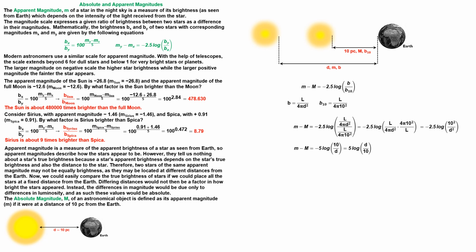the difference between the apparent magnitude and the absolute magnitude, which is called the distance modulus, since it is directly related to the star's distance d from the Earth. The above equation shows that if a star's distance is known and its apparent magnitude is measured, then we can determine its absolute magnitude. Conversely, if we know the absolute magnitude of a star and its apparent magnitude, we can determine the distance. Rearranging the above equation gives